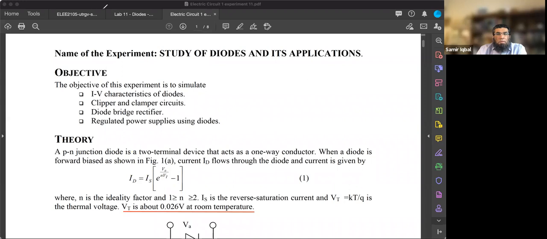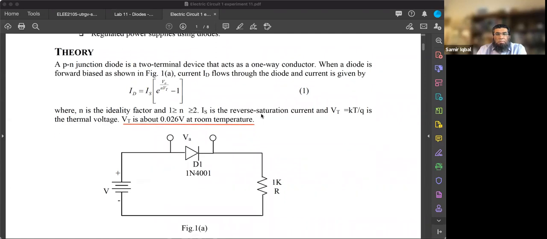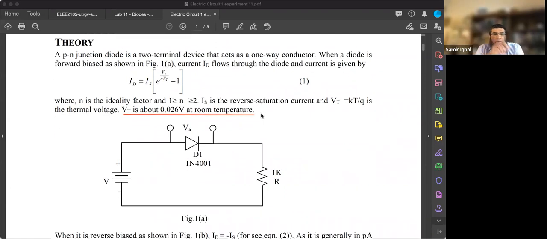Now, when we put it in forward bias, it's a simple circuit. We have our load, the diode, and the voltage source. We're talking about DC for now. In forward bias, it just acts as a short circuit, so the current just flows. In this relationship,